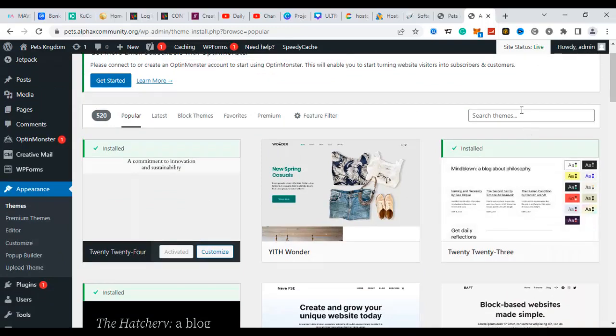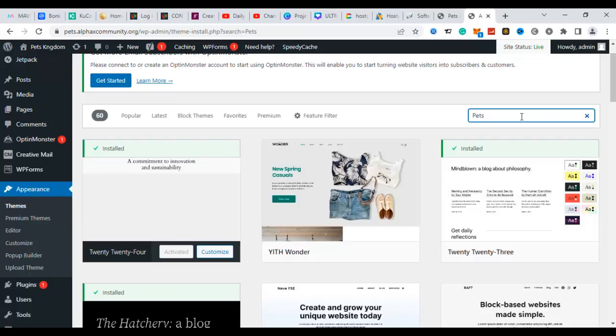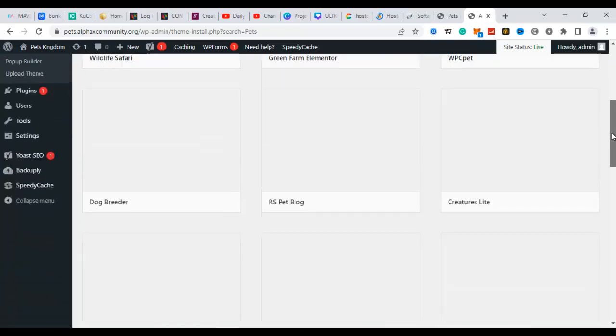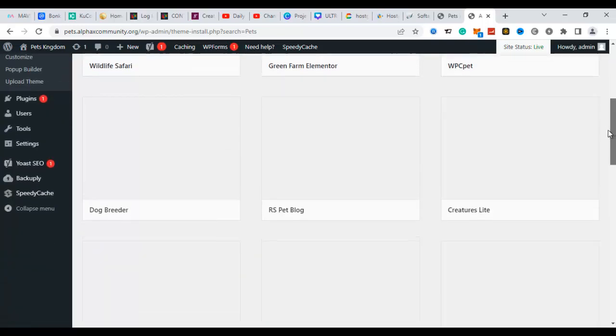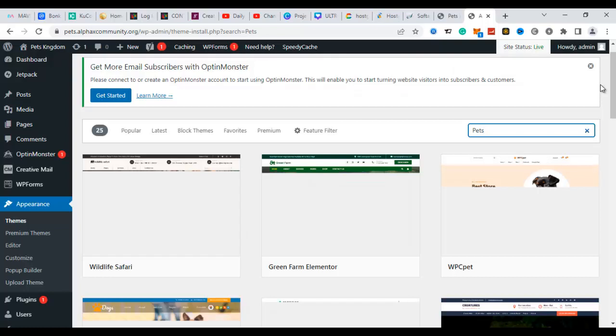But if you don't know, let's say we are looking for a theme that relates to pets. So let's just type in the word pets and see whether there is a theme that is built purposely for pets, and then we will choose from among that, or choose whichever one that is given to us. So we see that, if we put pets there, these are the ones that are coming for us. Okay, my network is poor, so you can see it is taking time,